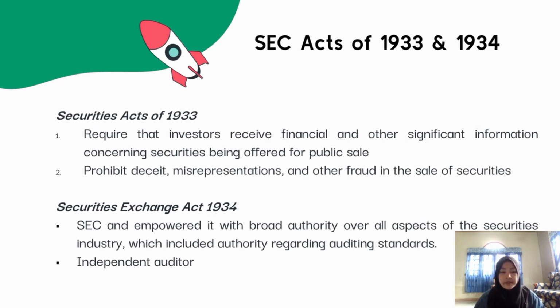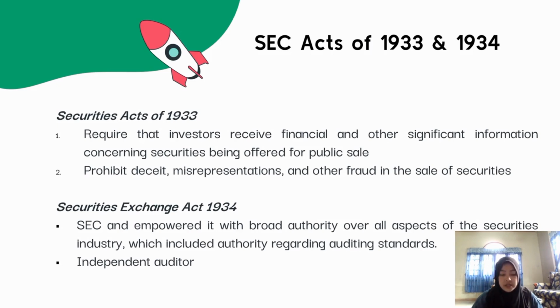Following the stock market crash of 1929 and the worldwide financial fraud by Ivar Kreuger, the U.S. legislature passed two acts in order to restore confidence in the capital market. The first was the Securities Act of 1933, which had two main objectives: to require that investors receive financial and other significant information concerning securities being offered for public sale, and to prohibit deceit, misrepresentations, and other fraud in the sale of securities. The second was the Securities Exchange Act of 1934, which created